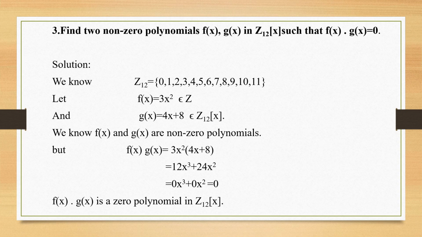This is how I try to sort out the problem. So when you are supposed to randomly choose two polynomials, see to the condition they are asking you, whether the product is equal to 0 or not equal to 0. If it is equal to 0, choose coefficients such that after multiplying they will be perfectly divisible by that modulo number. If it is not equal to 0, you have to choose polynomials such that the coefficients, when you multiply, are not perfectly divisible by that particular modulo number. Then everything will be fine for you.